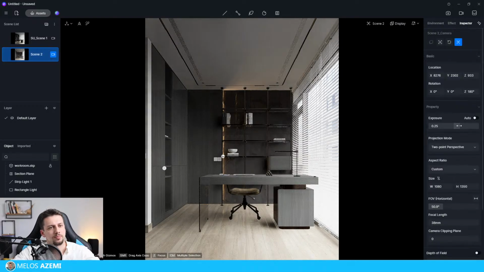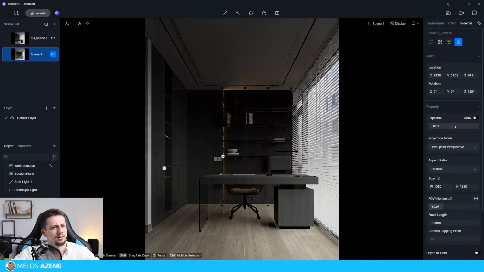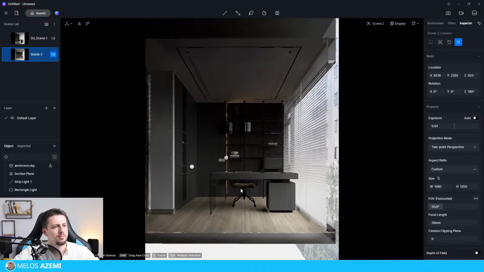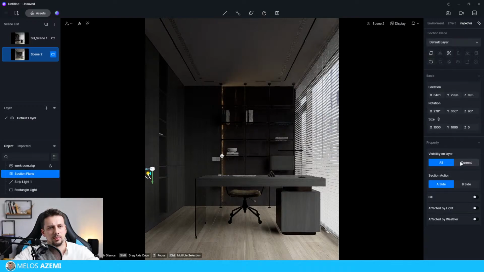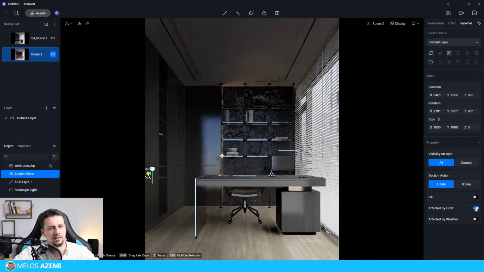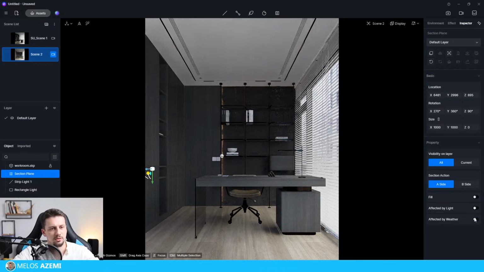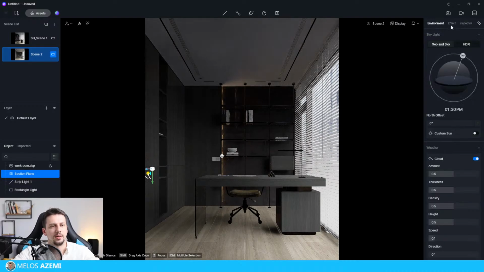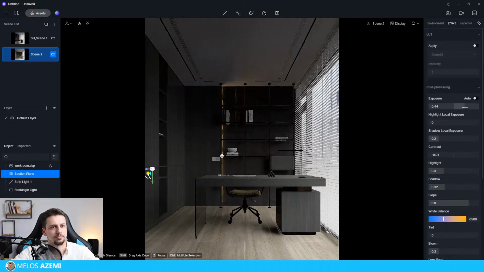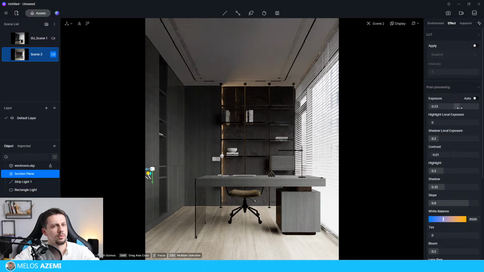If I go to edit camera exposure, let me maybe keep it around this. And yeah, I think there's too much light coming in from the section plane now, but maybe is there an option where I can, I'm not sure if the light is even coming there. Visible on all layers, section action, fill affected by light. Oh, no. So this, okay, we need to keep this that way. All right. So what we need to do here, from what I see, is if I go to effect, and I keep the exposure to something like this,